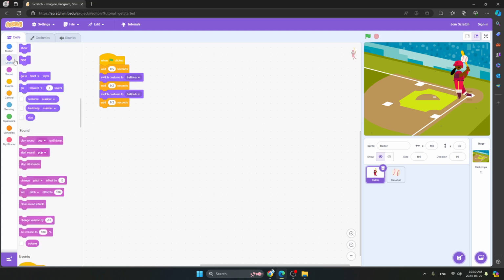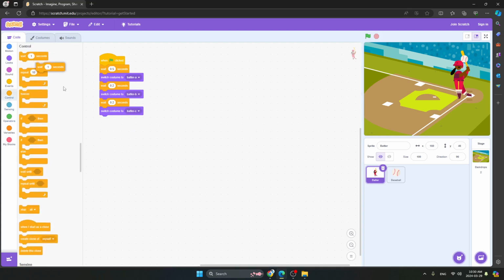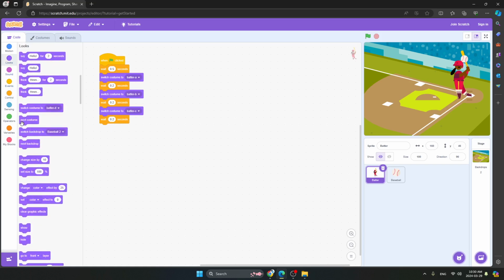And here we will take switch costume to C. Now we will go on control. Again we will take wait for 0.2 seconds. And the last we will take switch costume to batter D.